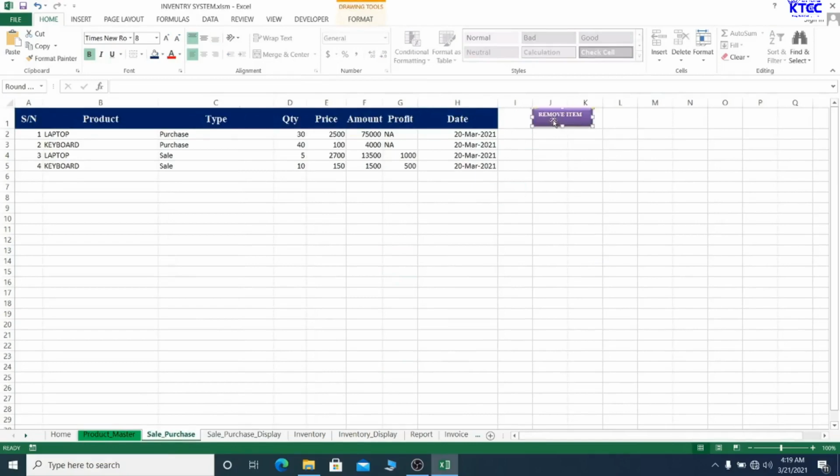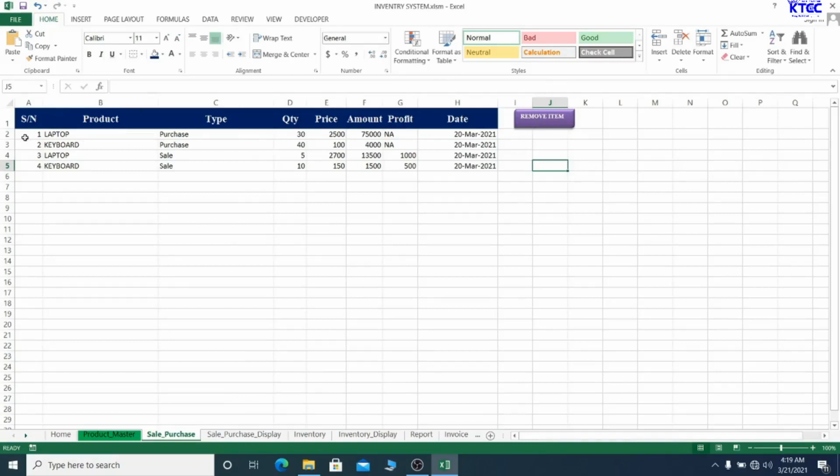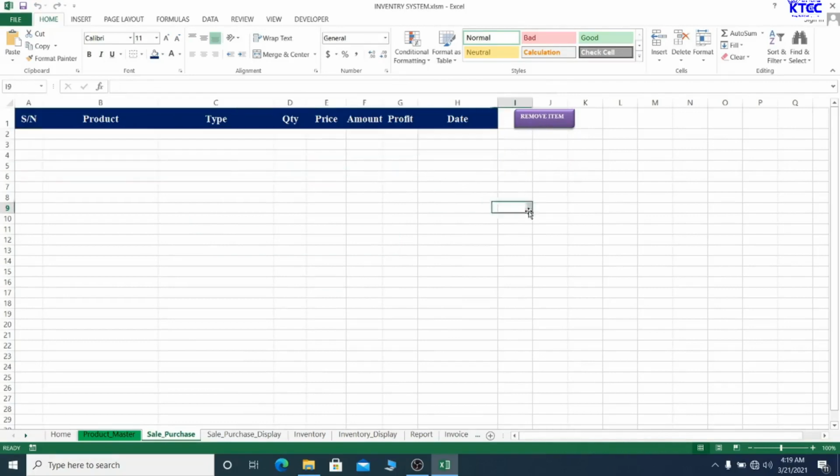So it's here, and the macro is already there, so you just select this. We'll be entering new items, so don't worry about that. Just select this, and then you go to clear items, and then it does that, or remove item, and then it does that for you as well. Let's